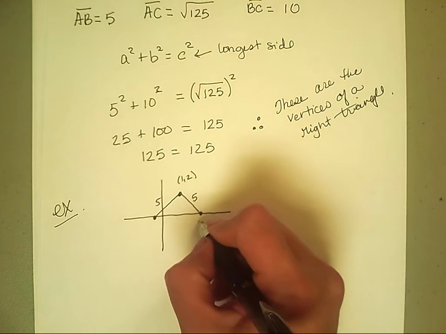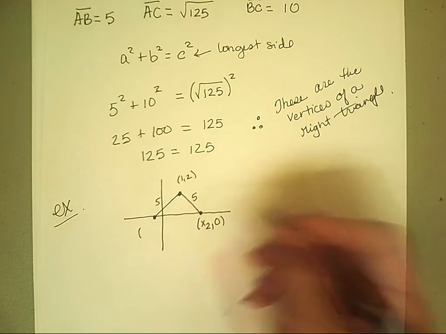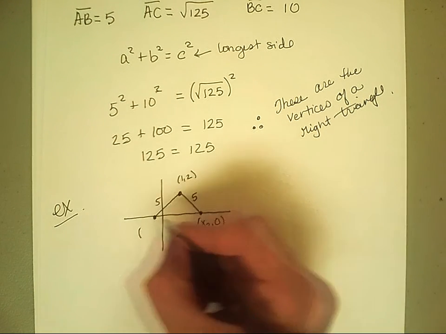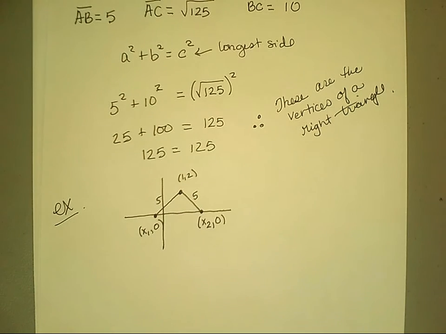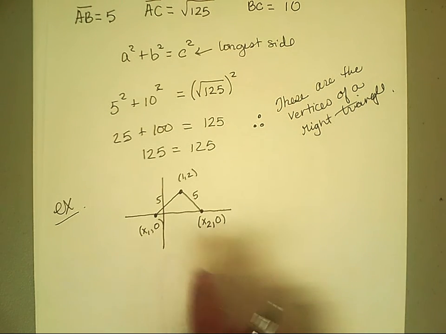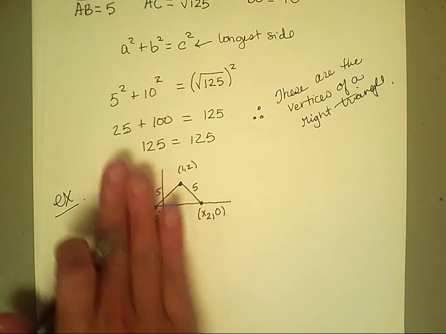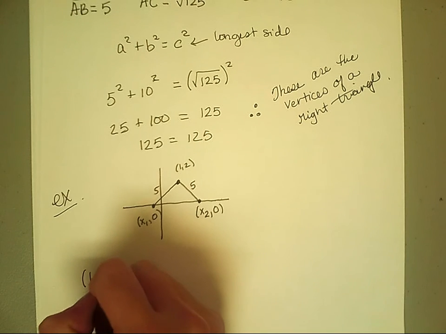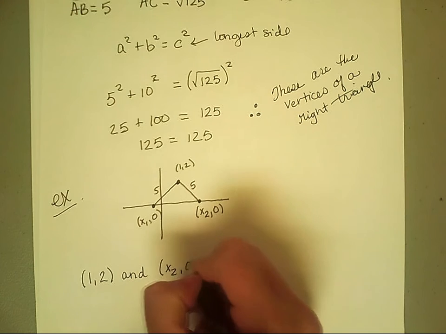Now, these points will lay on the x-axis, so I don't know what the x values will be. Let's call this one x2, but I know that the y value has to be 5, or I'm sorry, 0, if it lays on the x-axis. We'll call this one x1, comma 0. So how are we going to determine these points? Well, I know how to do it if I just had this. Let's just look at the positive branch. Okay, if I had to look at the distance between the point 1, comma 2 and x2, comma 0,